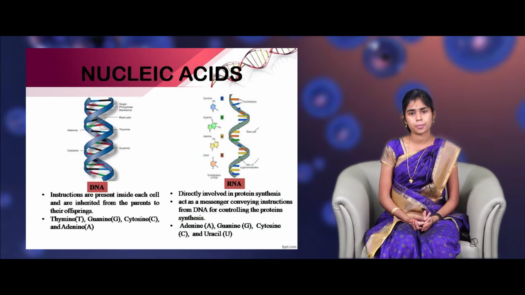We are going to see about the nucleic acids. There are 2 types of nucleic acids. One is deoxyribonucleic acid and another one is ribonucleic acid, which are commonly called DNA and RNA. DNA is a double-stranded molecule with phosphoric acid, sugars and nitrogenous bases like adenine, guanine, thymine and cytosine, whereas RNA is a single-stranded molecule with phosphoric acid, sugars and nitrogenous bases like adenine, guanine,